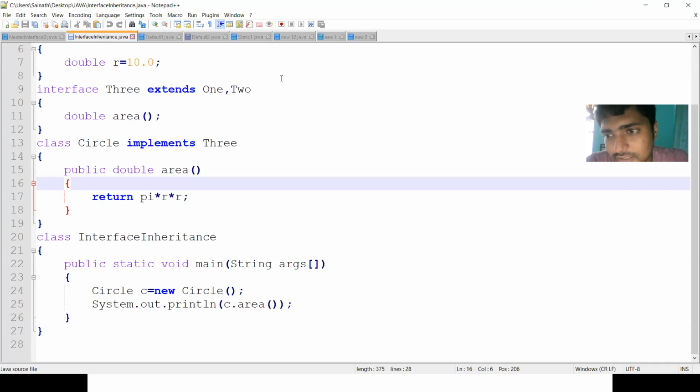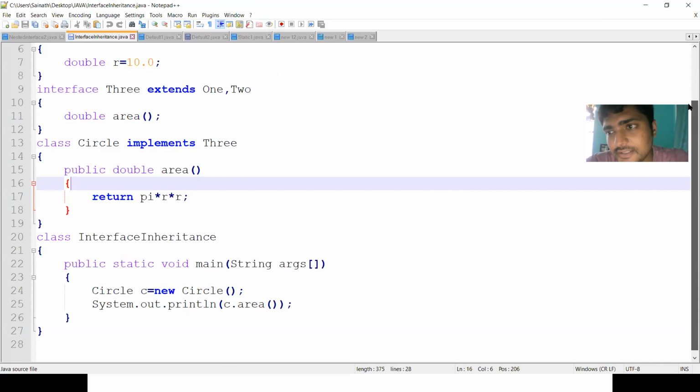First, we have to create the class, and then another class to access everything, that is the main class, the driver class. In the driver class, we create the objects, and through that object, we can access the methods.